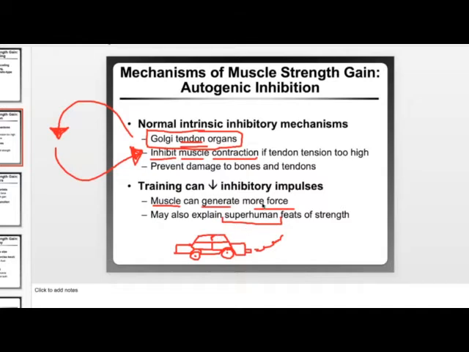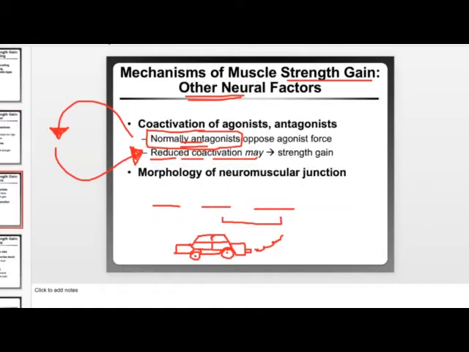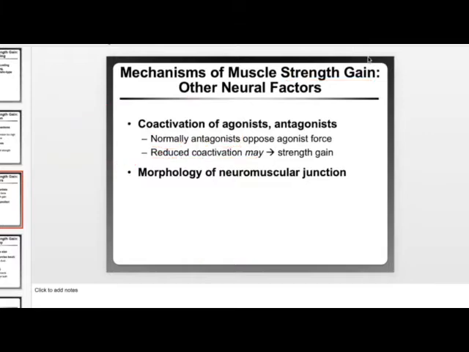All right, but that superhuman strength is not a result of hypertrophy or muscle growth. That's another example of increased strength gain without necessarily increasing hypertrophy. Again, based on the neurological aspect of this neuromuscular system. So there are many neurological factors that can factor into the overall amount of strength.